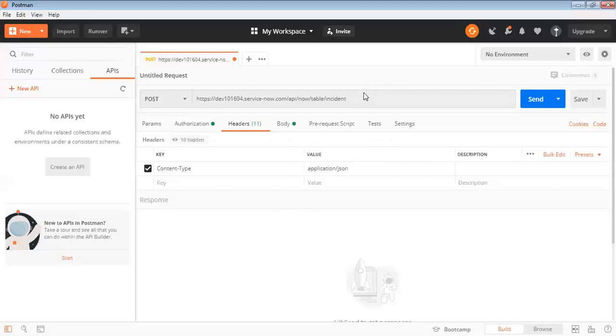Because this is how you will identify it. Sometimes you feel your API is correct and it is working perfectly through the ServiceNow REST API Explorer, but the third party team is saying it is not working. Then there might be a chance that the problem is with their tool and their configuration. In that scenario, you need another tool with which you can test.